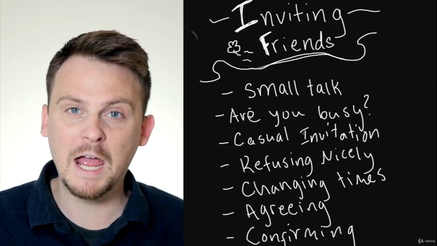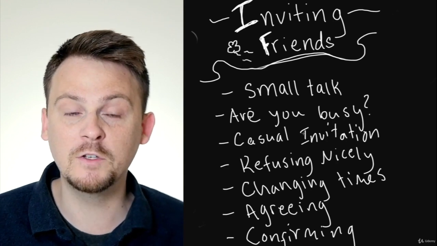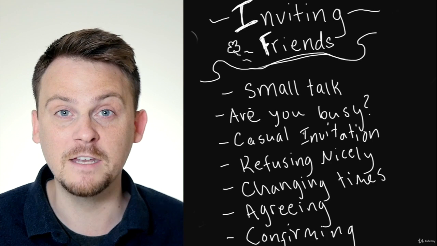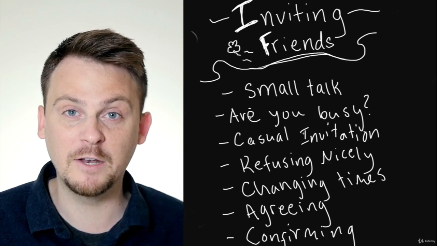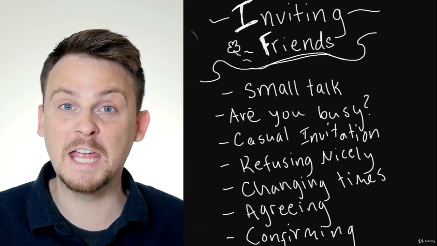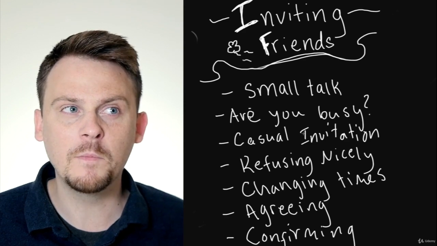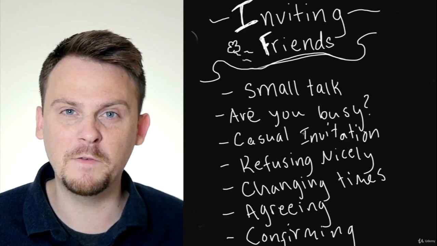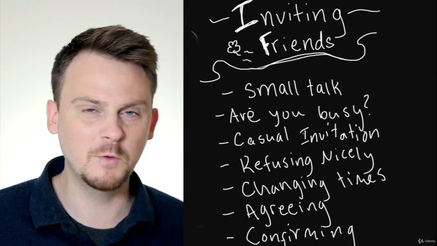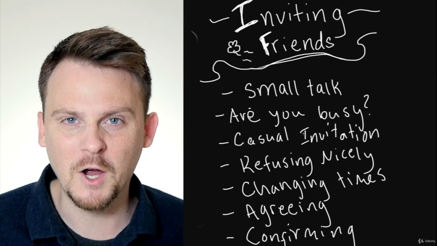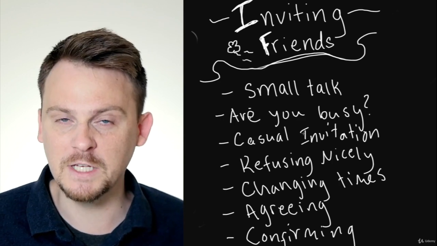We're going to talk about how at the beginning of a call you need to have small talk, and then we'll go into making sure the person at the other end is actually available right now to talk to you, and how we actually handle that situation. Then we'll actually ask the other person if they would like to do something. We'll do it in a way that's realistic, not in a very fake way, like "I would like you to go with me," or "I would like to invite you to blah blah blah." Actually not very common. We'll use some real natural words and phrases to invite someone to eat,